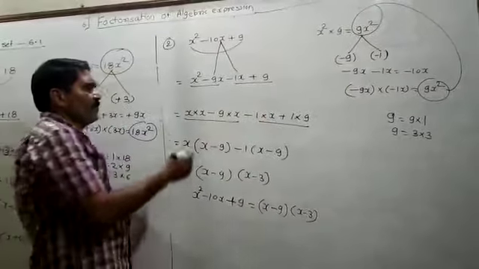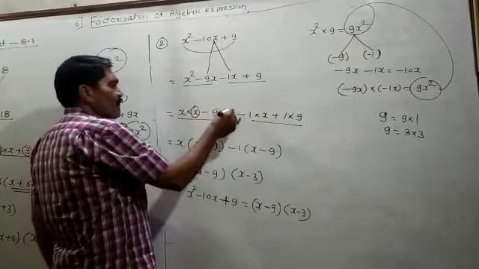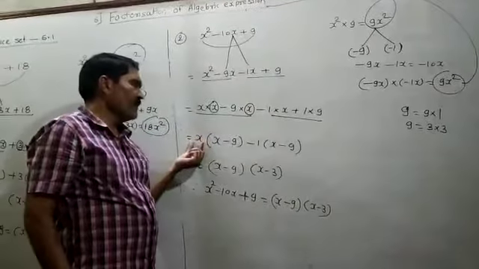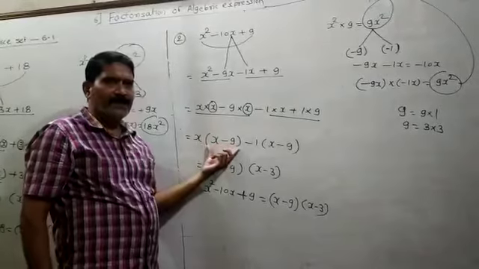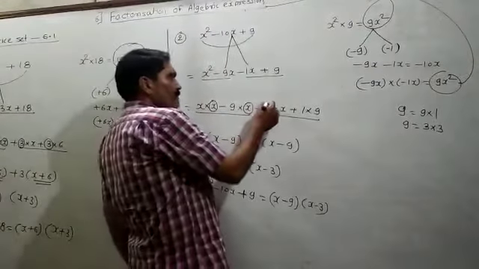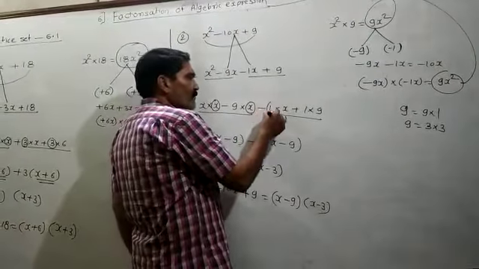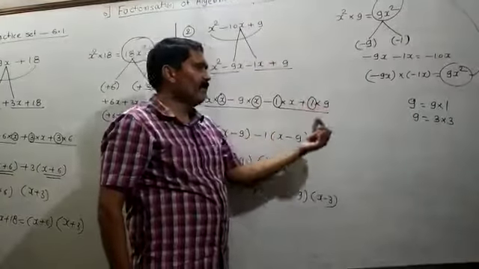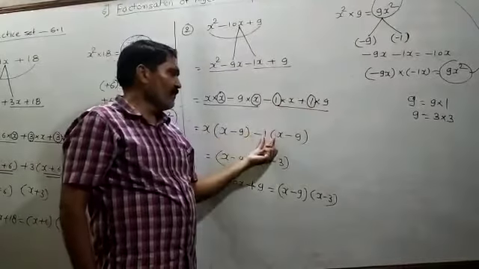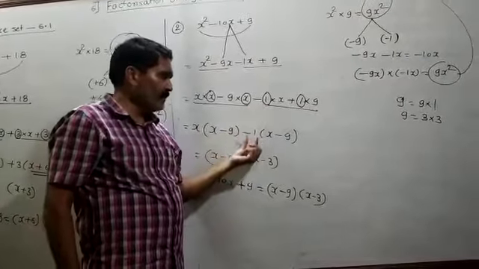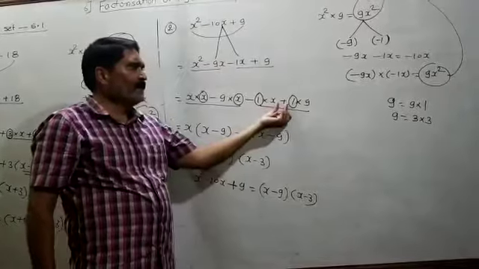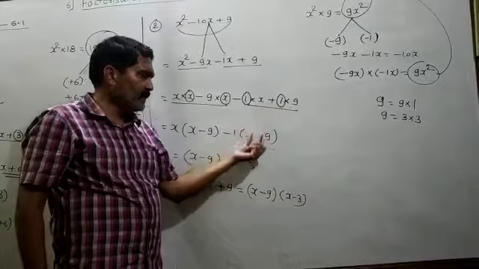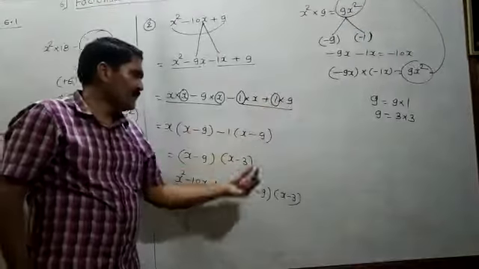From the first two terms you have to take out something common. Here x will come common. Whatever I circle, I will take out common. At that time the remaining thing you have to write in the round bracket. Here from the last two terms you have to take out one common. This 9 you will write as 1 multiplied by 9. I will take out minus 1 common. If minus comes common, do change the sign of the last term. This plus becomes minus and minus becomes plus. This one is plus, that becomes minus, and 9 as it is you have to write.